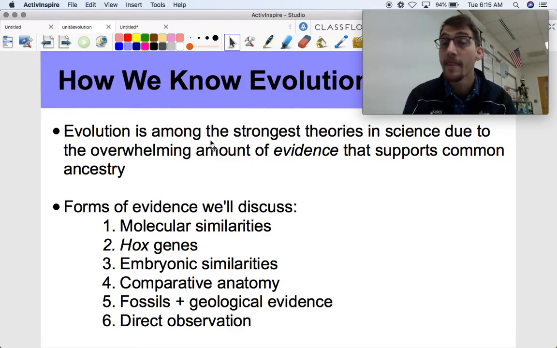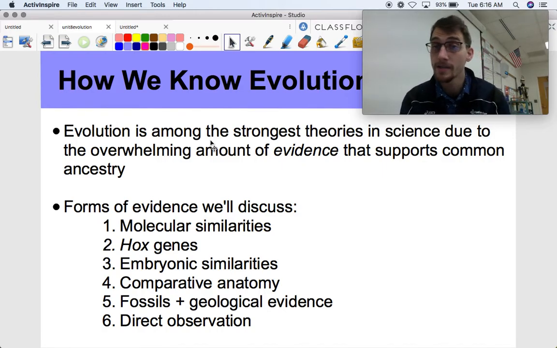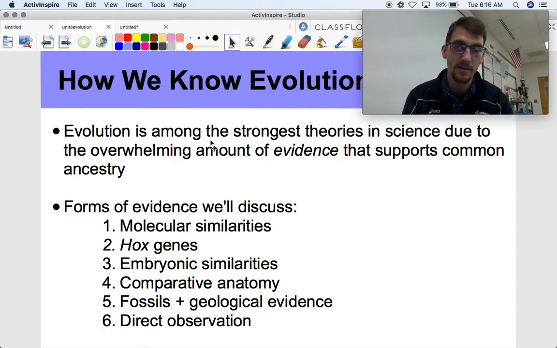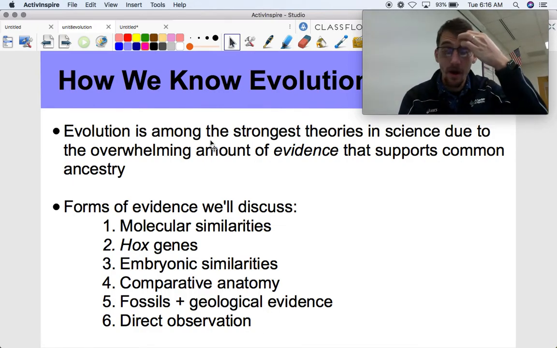Okay, think about it. That would be your parents, right? So you're more closely related to your siblings than you are, say, to your cousins. So who's the most recent common ancestor with your cousins? Well, it'd be your grandparents, and with your second cousins, it'd be your great grandparents, right? So here's the thing: because species come from other species, the more recent common ancestor two species have, the more closely related they are to one another.